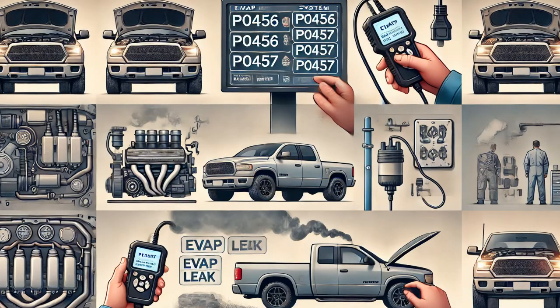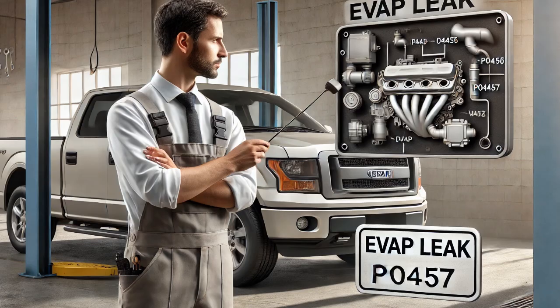In this video, I'll walk you through how I diagnosed and fixed an EVAP system leak that caused the check engine light to come on. The customer brought in their vehicle, and after confirming the complaint, I connected a scan tool to retrieve the codes. The scan revealed P0456, Evaporative Emission system leak detected, very small leak, and P0457, Evaporative Emission system leak detected, fuel